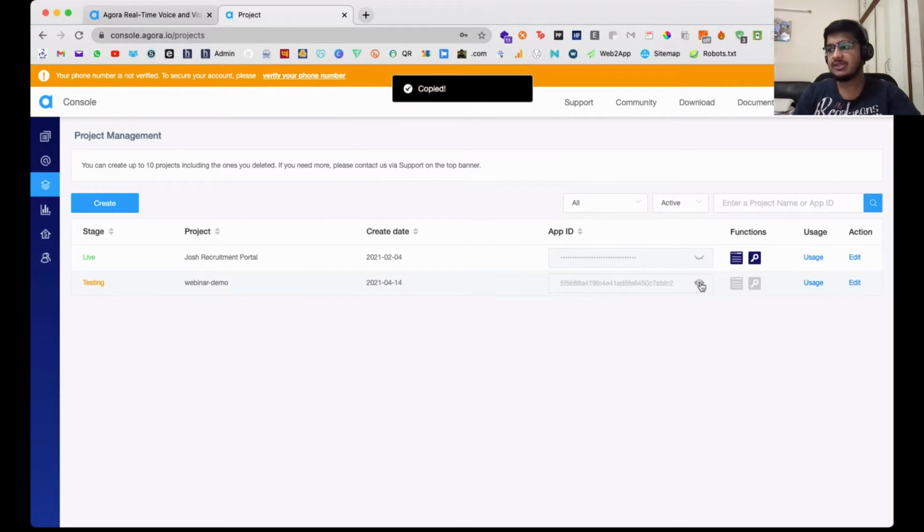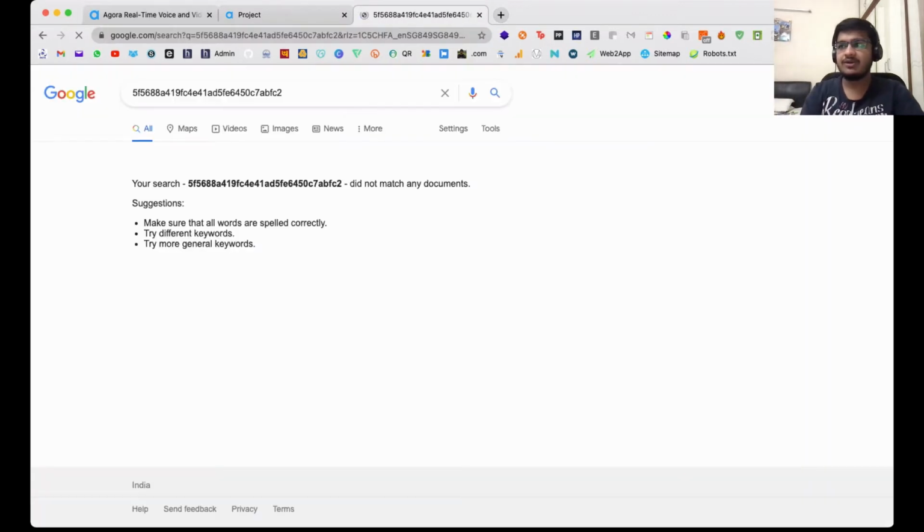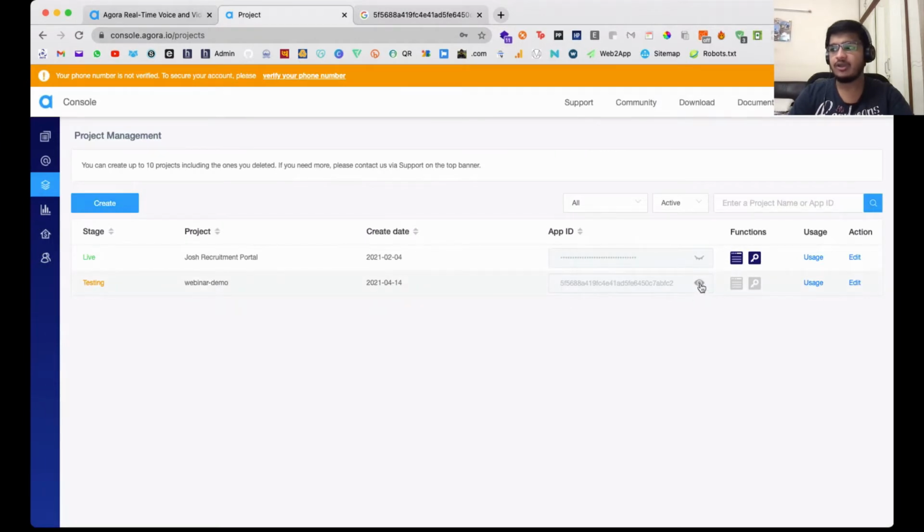Now, just click on this icon, and you can see something just came up. So it's been copied. You can save it over here. You will be needing this when we're coding. Just save it over here or let it be over here. You can click on this anytime and you can copy it again and again. So that'll be pretty fine.